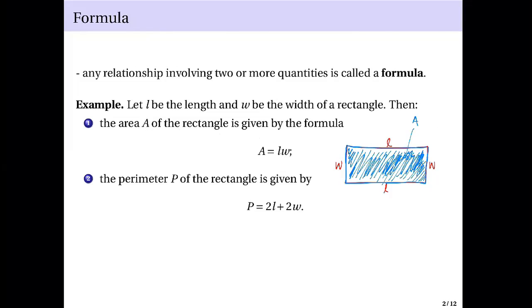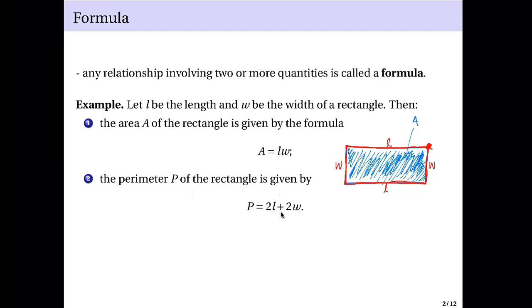Okay? And now we look for the perimeter of the rectangle. So the perimeter is the totality of these sides around this rectangle here. If you start from this point and walk around along this side once, and you return to that point again, then the total distance you traveled is the perimeter of the